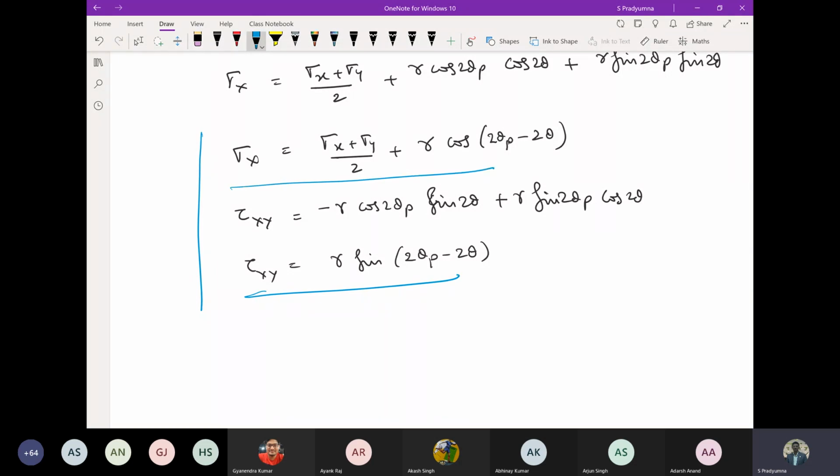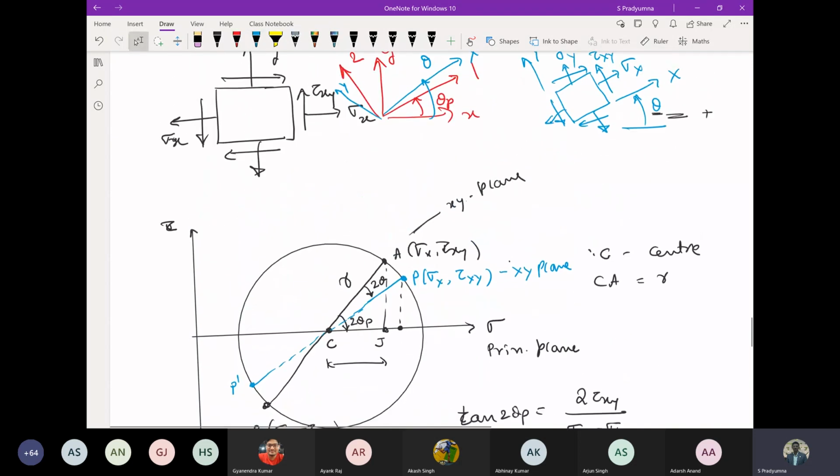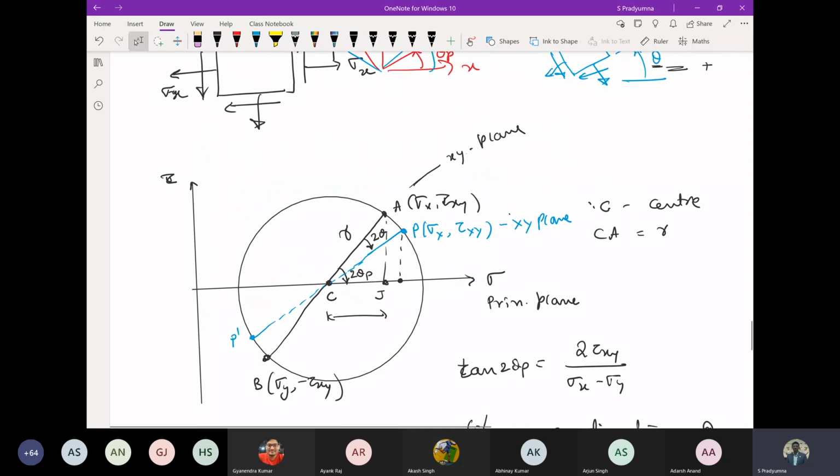Either I can use it graphically or with the help of a calculator I can find out the values. So this is another approach where we are really interested in understanding what the different values are. So any rotation you make in the XY axis can be captured in the Mohr circle. So we know that the boundaries of this are sigma 1, sigma 2 and tau max, tau minimum. So these are the boundaries of the state of stress at a particular point given by the state of stress sigma x, tau xy, sigma y.